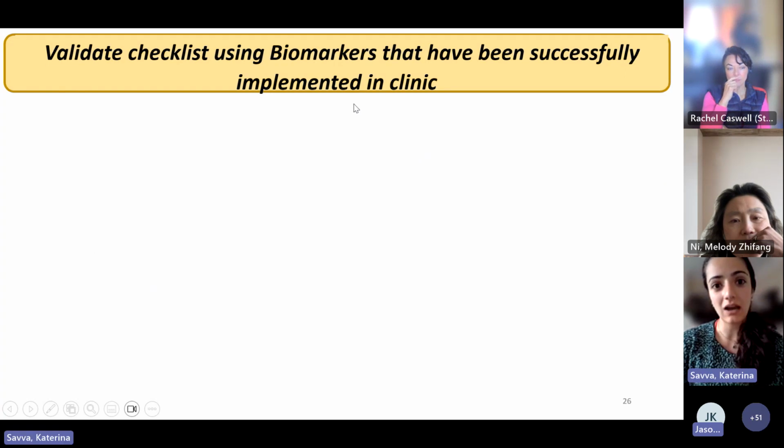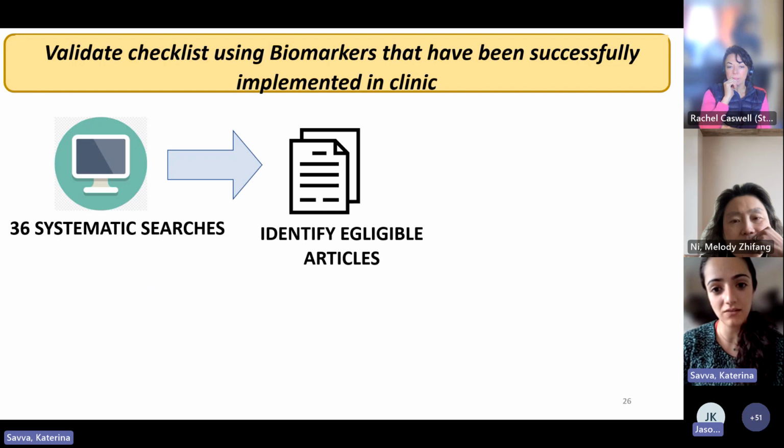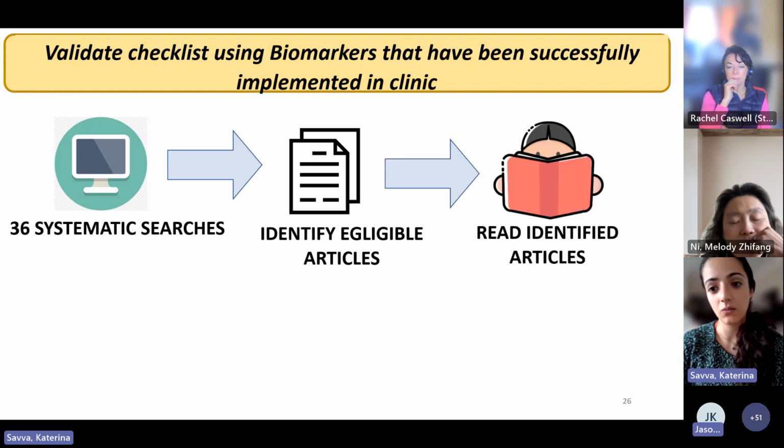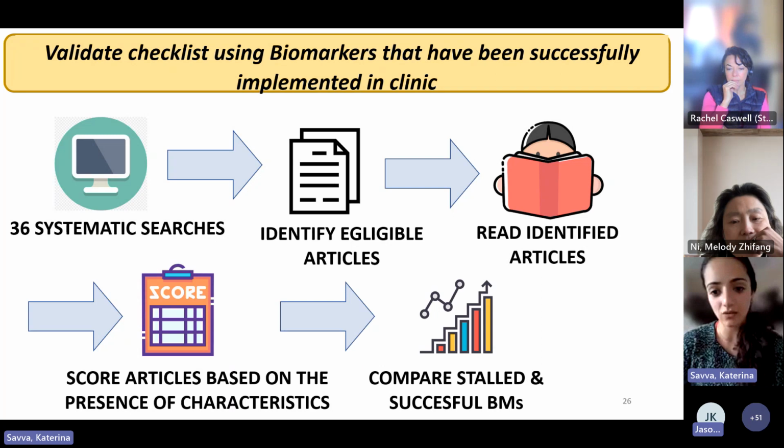Just to make you understand how the toolkit works, first of all, we conduct a systematic literature search for each biomarker that we select. Then we identify relevant articles. We read them and then score them based on the presence of the characteristics that I have previously described. Then, using in-house algorithms, we calculate scores for each biomarker, and then we compare them between the stalled